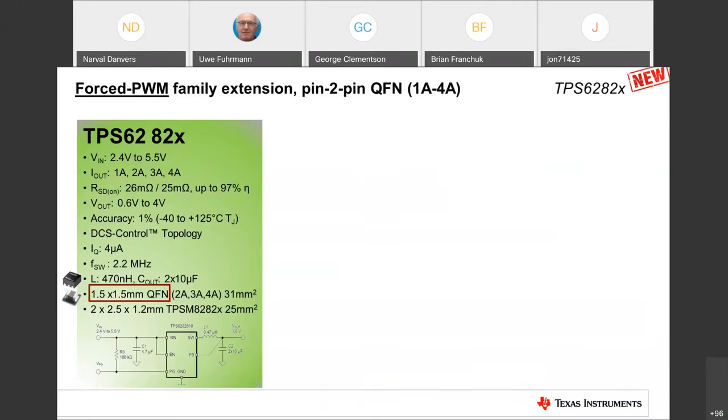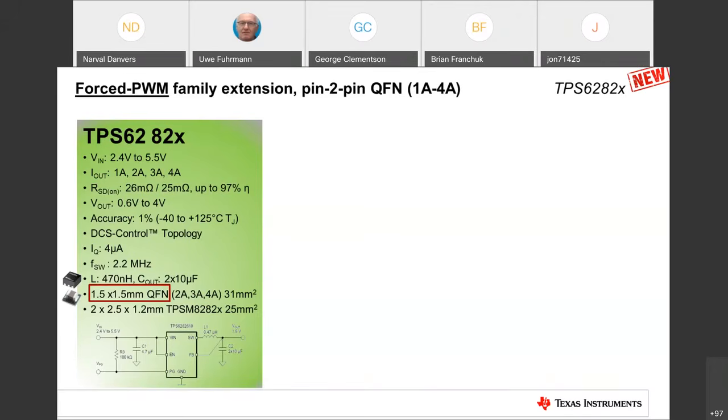It's again 1% accuracy, -40 to 125 degree junction. It again uses the DCS control, where you can benefit from the very fast transient response and very low quiescent current in case your system is battery powered, and again small external components. The total thing is packaged in a 1.5 by 1.5 millimeter QFN, so a very small package and solution size.